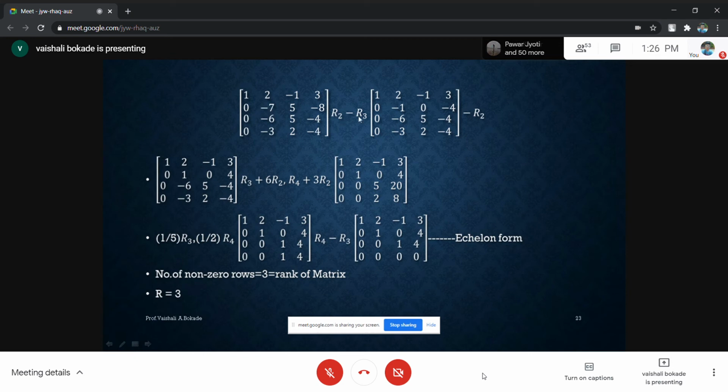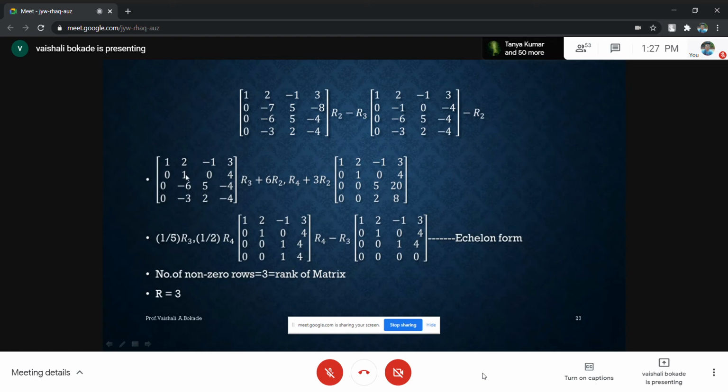Yes. So for converting the element at the 2 place to be 1, I'm using R3, and what I'm doing is R2 minus R3. Minus 7 plus 6, I'm having this entry as minus 1. 5 minus 5, we're getting 0. Minus 8 plus 4, I'm having minus 4. So this entry I'm getting as minus 1. I'm just multiplying R2 by minus 1, so I'm going for minus R2. Let us come here. Look at my cursor. Here I am converting the element at the 2 place to be 1. We are getting it.